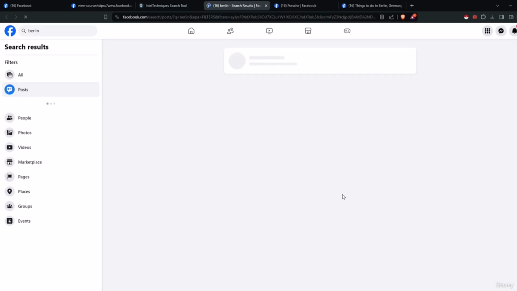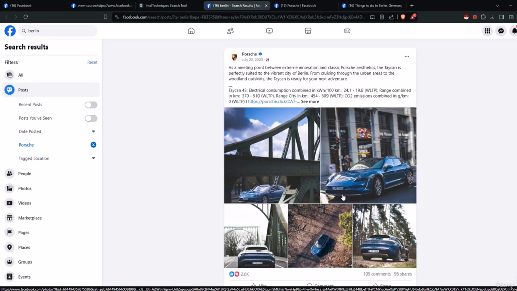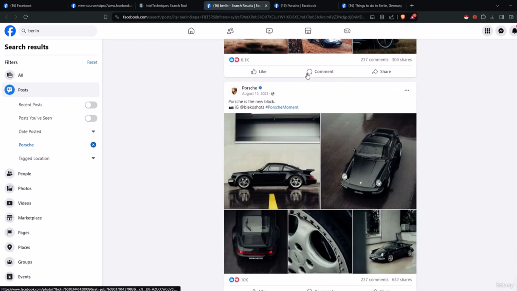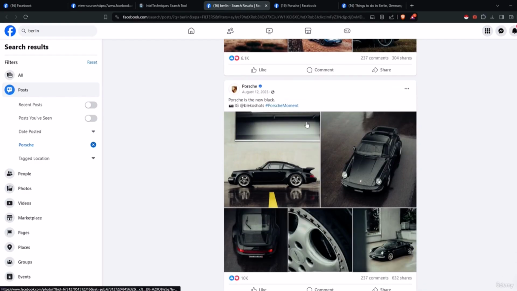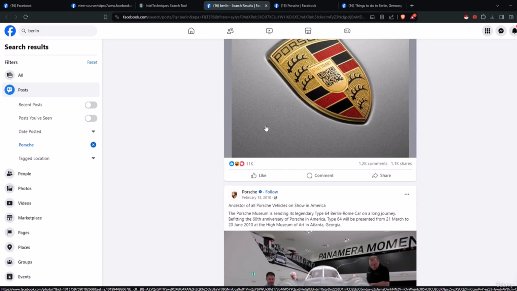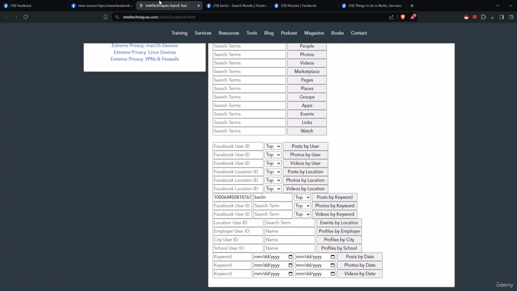So I'll click on it. Let's give it a second to load. And as you can see, the first one is a post by Porsche which is mentioning Berlin. Now if you keep scrolling down, there will be more and more and more. However, here I think it's only tagged as a location, which we can't see as of now, but it will apply the same methodology. Now let's go back here. Once again, it is a very convenient option when we have quite some data to go through.